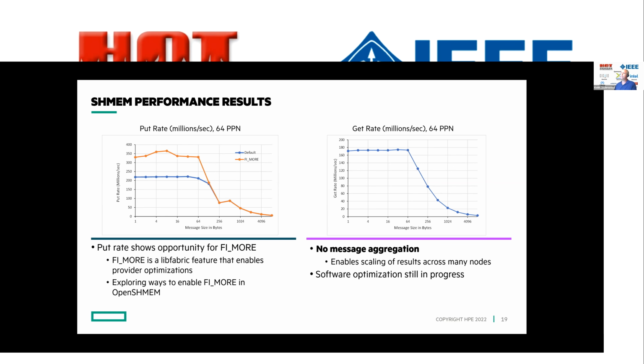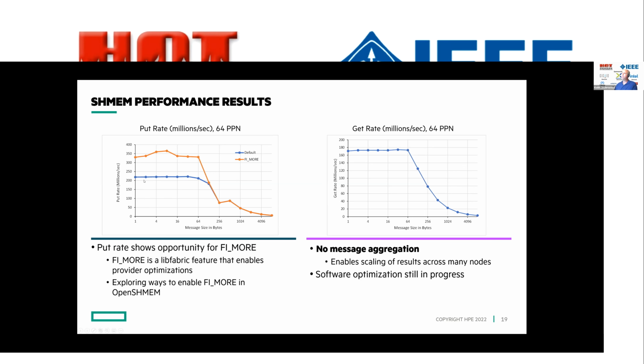We do not use that for message aggregation because message aggregation doesn't scale when you're targeting tens of thousands of other SHMEM PEs. But we do use it in the interaction between software and the NIC, to eliminate doorbell rings and things like that opportunistically. And so we're able to get a bit more rate by doing that. And we're looking at how to introduce that into OpenSHMEM, or introduce capabilities that would make it easier to use that in OpenSHMEM. We are still working on the software optimization, but you can see here that we're well over